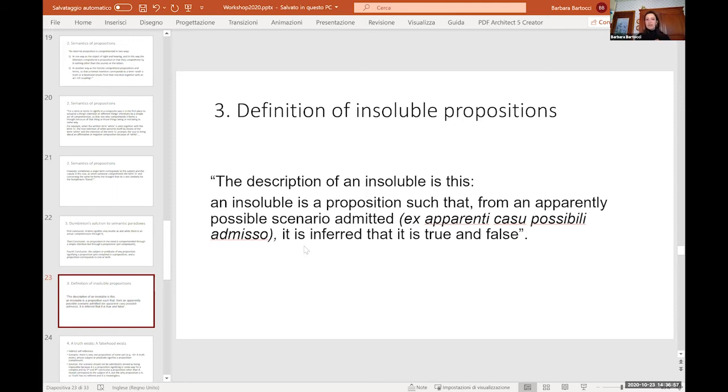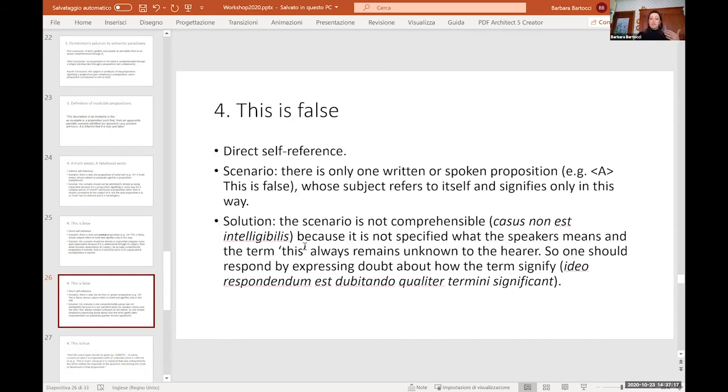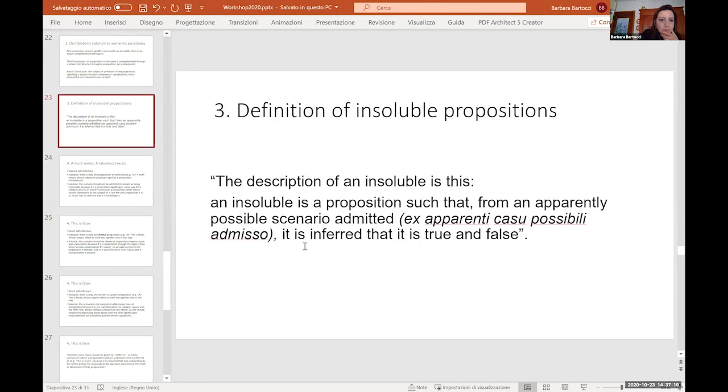Now, this having been said, I wanted to look with you at some specific scenarios, because Dumbleton really goes through them as if he was thinking of scholarly activity. He was looking at various scenarios. So let's consider, for example, the case